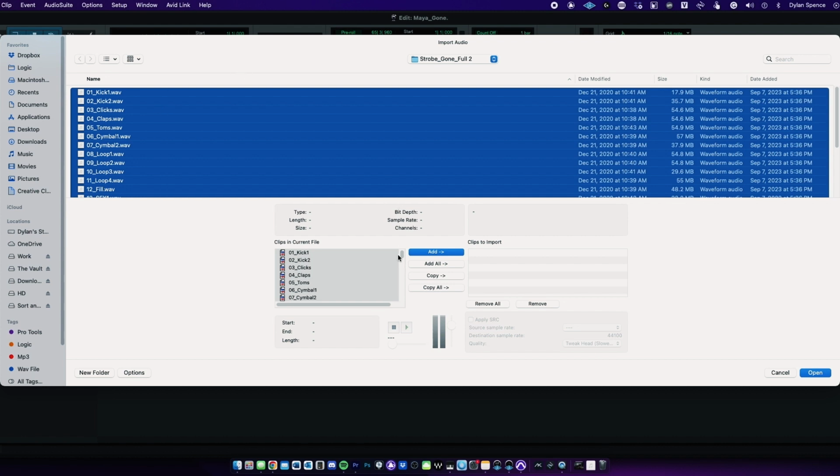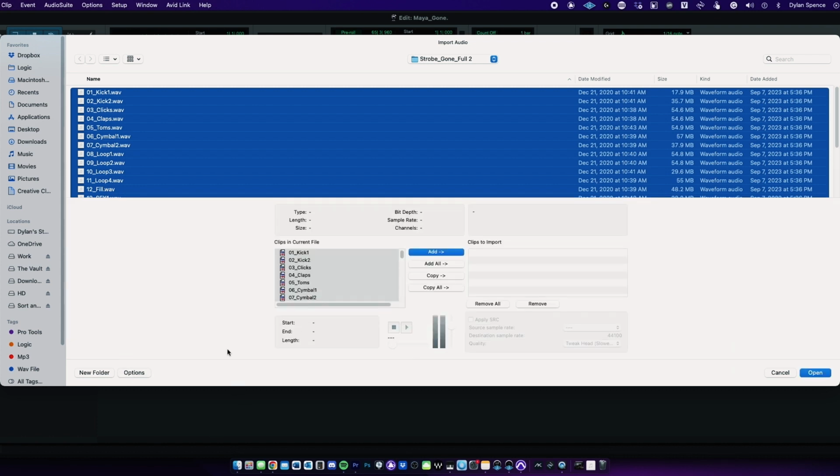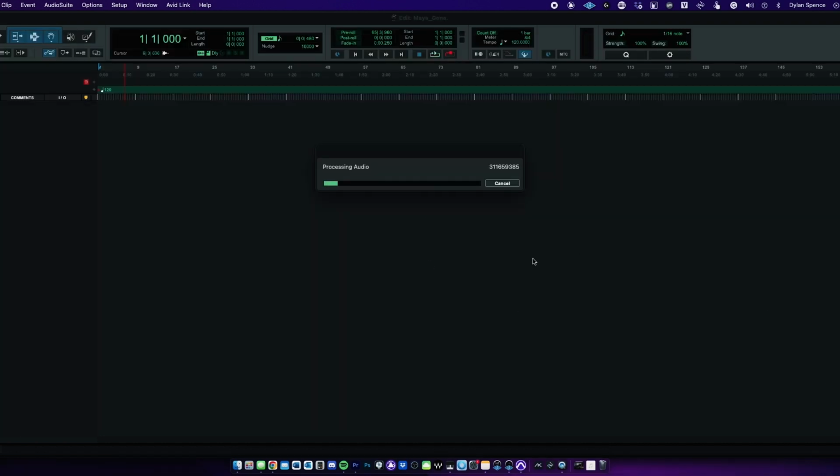Make sure that you click on options at the bottom to ensure Pro Tools will not be converting your audio. You can confirm this by looking under Add All. It should say Copy All instead of Convert All. If it says Copy All, then you're all good to copy all your audio files into the session's folder, and you can rest easy knowing that no processing will be done on them and that you have set your session up correctly from the start. Also, your audio will be in the project's audio folder, which is great for